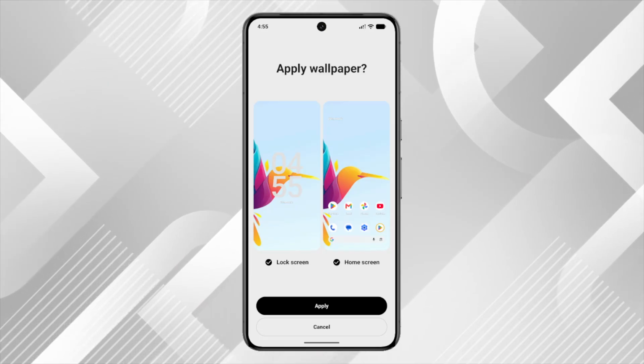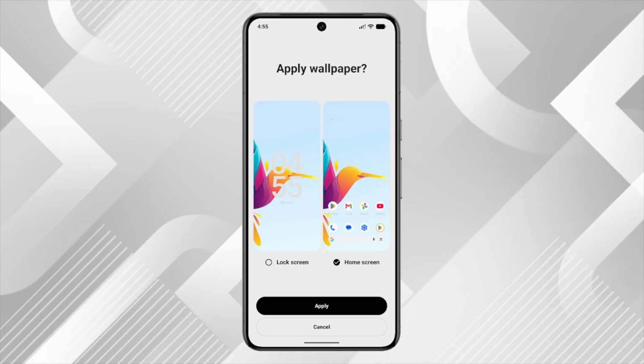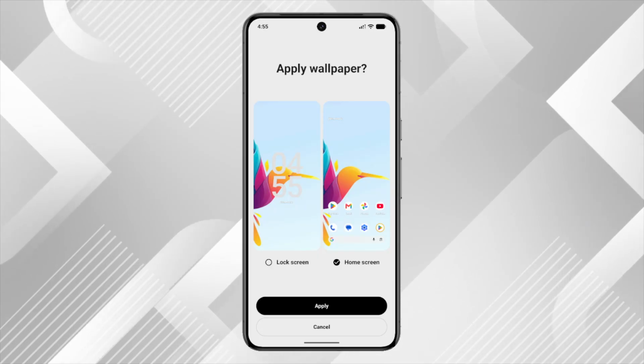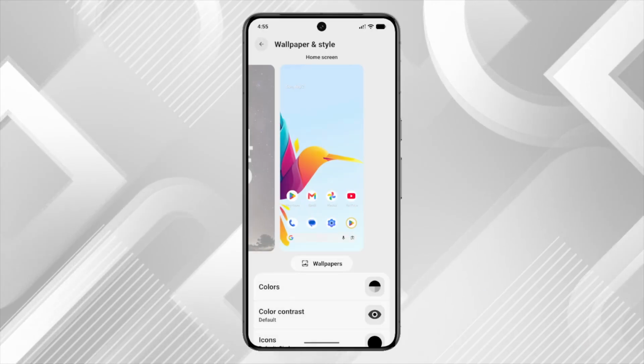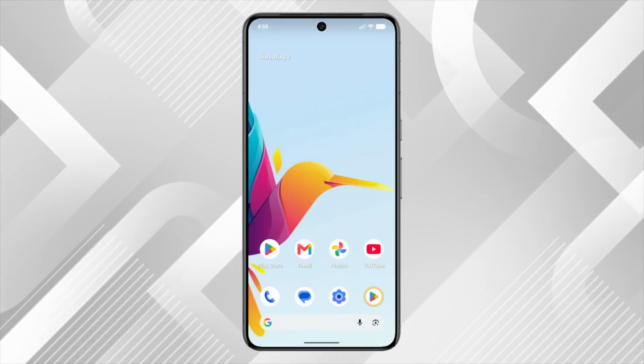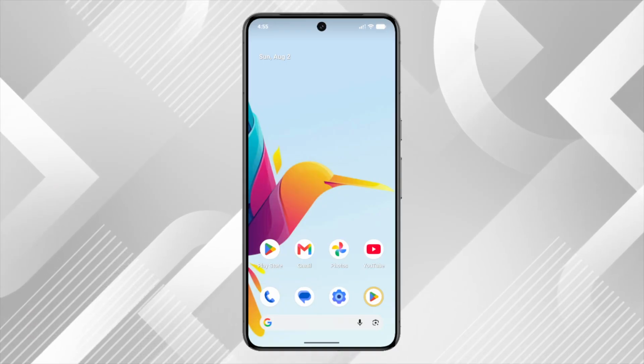This ensures that the photo you selected will only appear on your home screen and not on your lock screen. If you want it on both, you can adjust the settings accordingly. Finally, tap Apply to set your chosen photo as the home screen wallpaper. Your device will process the change, and within a moment, you'll see your new wallpaper displayed on your home screen. And that's it. You've successfully customized your Google Pixel 6 Pro home screen with your